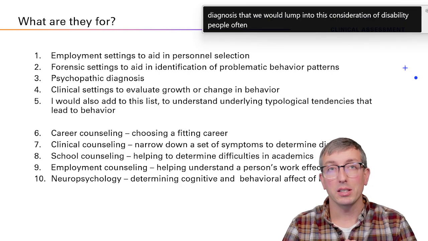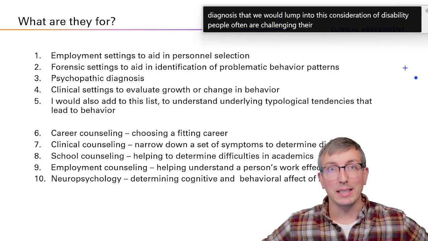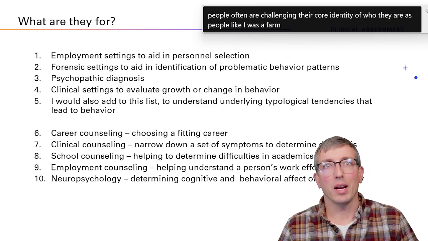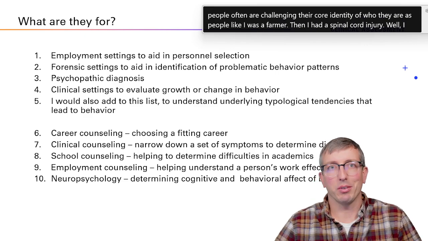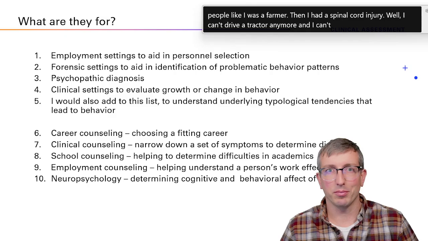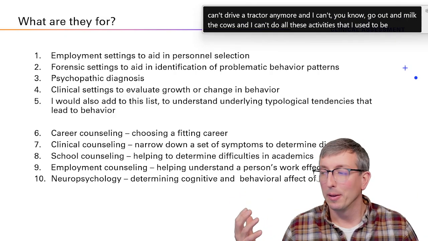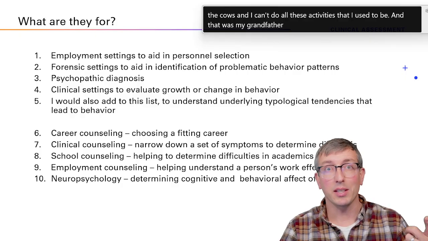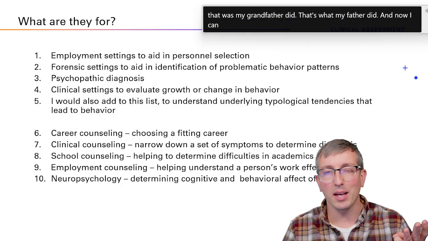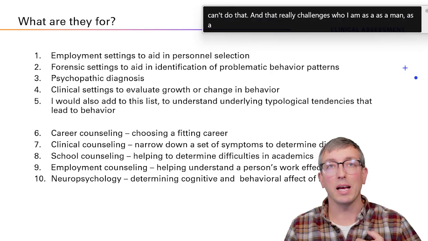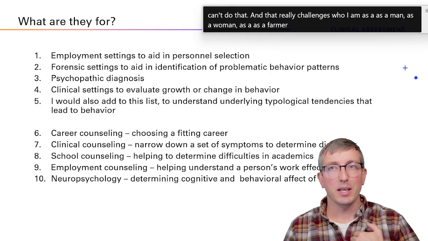People often are challenging their core identity of who they are as people. Like, I was a farmer, then I had a spinal cord injury. Well, I can't drive a tractor anymore, and I can't go out and milk the cows, and I can't do all these activities that I used to be. And that was what my grandfather did. That's what my father did, and now I can't do that. And that really challenges who I am as a man, as a woman, as a farmer, as an American, as a